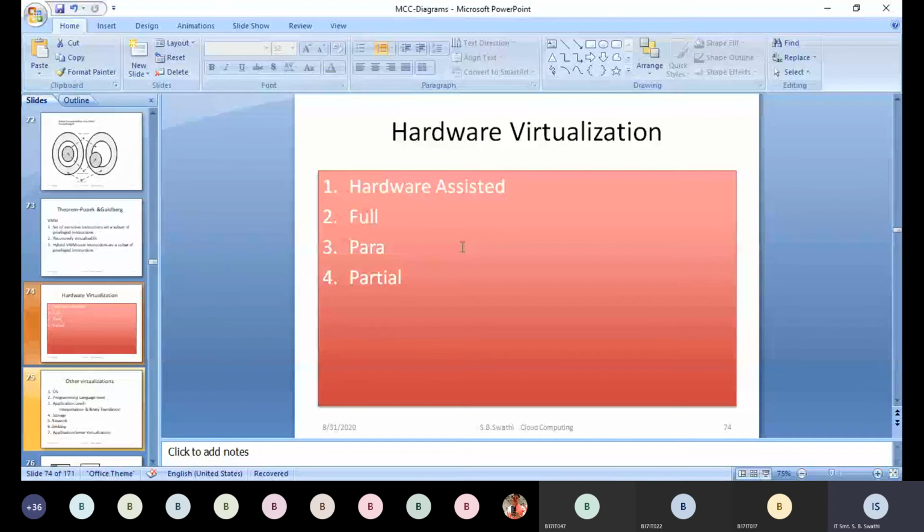Normally it has to modify the client resources also. On the client side also it makes some updations, some modifications. So by doing the modifications at both the client and the host, it tries to send the resources from the server to the client. So that is about para virtualization. Para means it is not taking the resources directly from hardware. It is doing some kind of modification at the server level and at the client level. That is why it is called para virtualization, which is not complete virtualization.